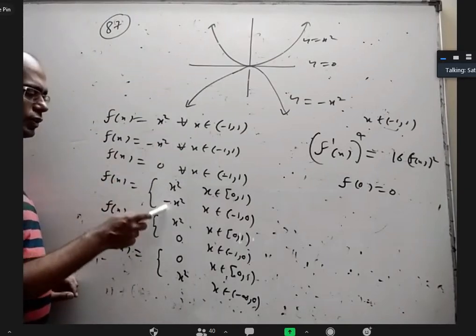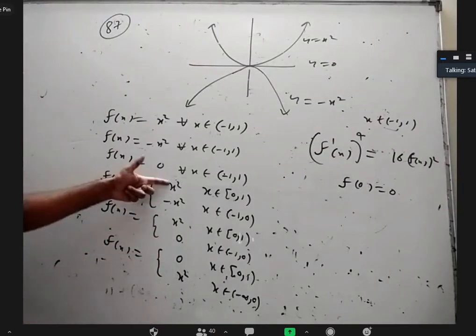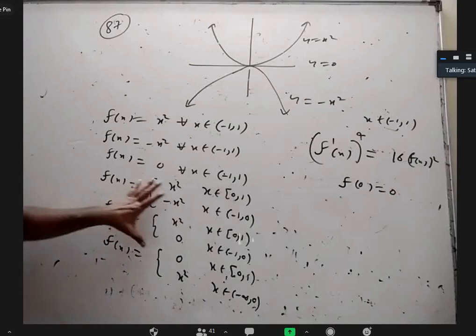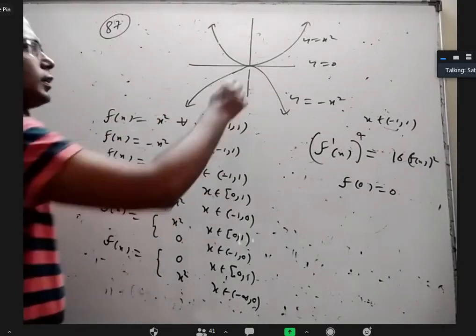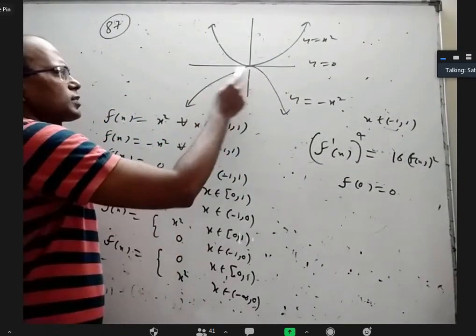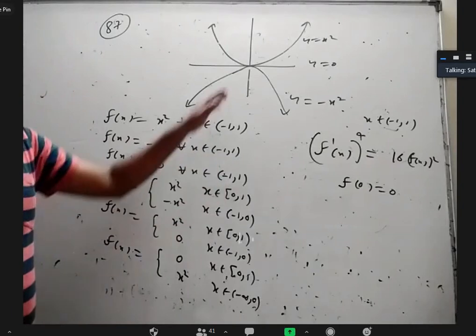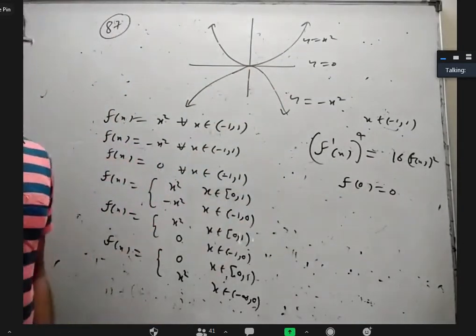You can take x square here, minus x square here, x square here, 0 here, 0 here, x square here, reverse this one, reverse this one. So I got 3, another 3, and 3, total 9. That's what I said. After 0, you can decide this or this or this. Before 0, you can decide this or this or this. Of course, why break at 0? I can break anywhere else. But I mentioned f of 0 is 0 and it will be continuous and differentiable.